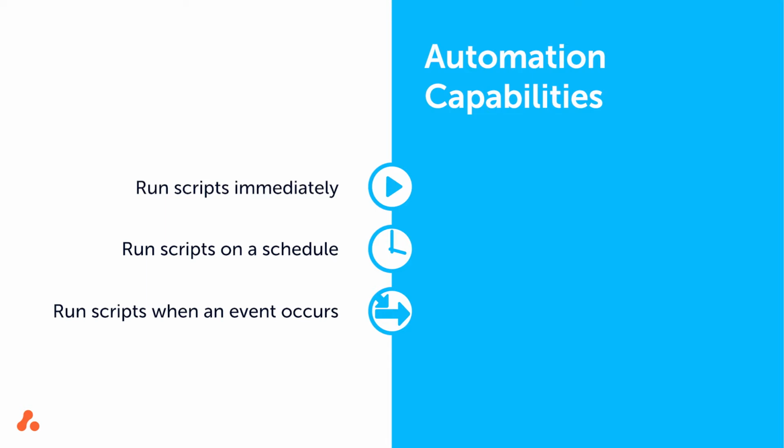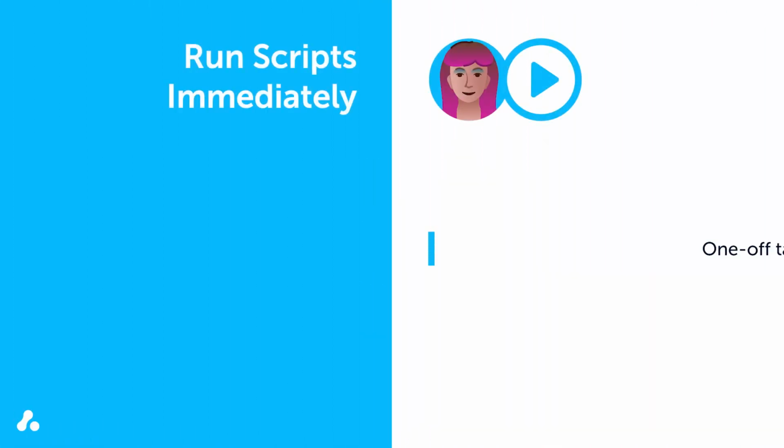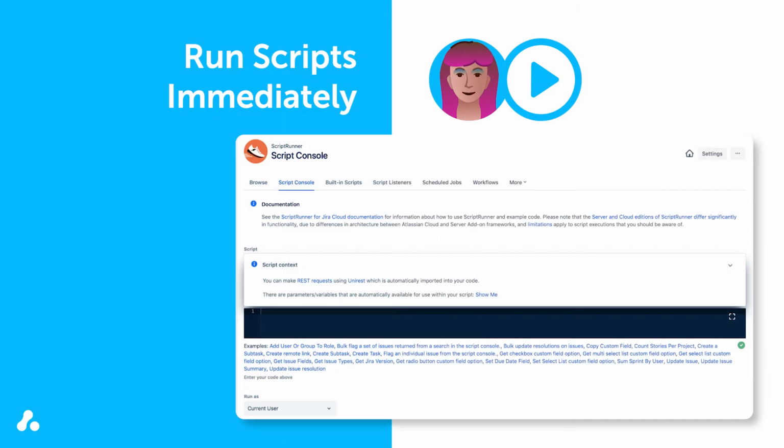for your specific need. For example, Violet needs to complete a one-off task to test a customized automation. She has a large number of open issues that need to be identified and marked as closed. Before she sets this up as a scheduled job or an escalation, Violet tests it using ScriptRunner for Jira Cloud's script console. All Violet needs to do to complete a one-off automation task is run her test code in the